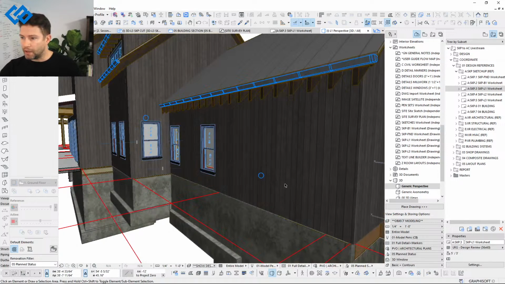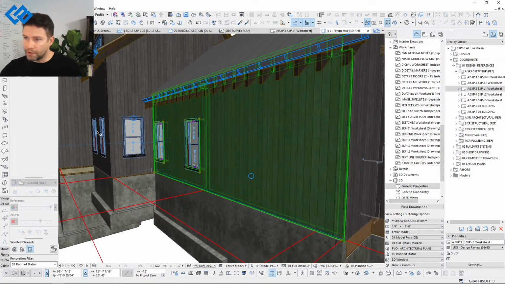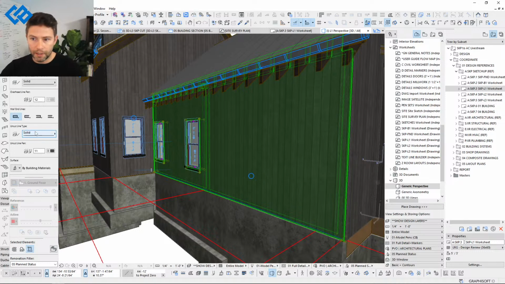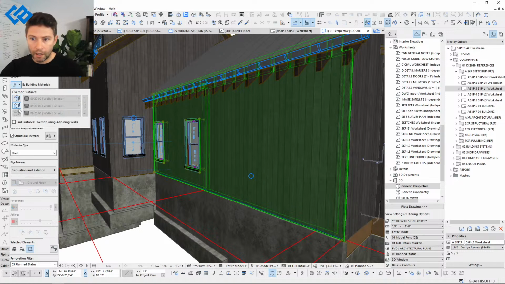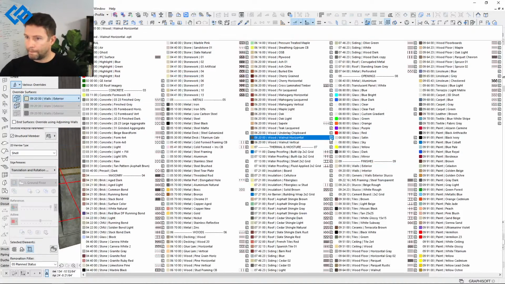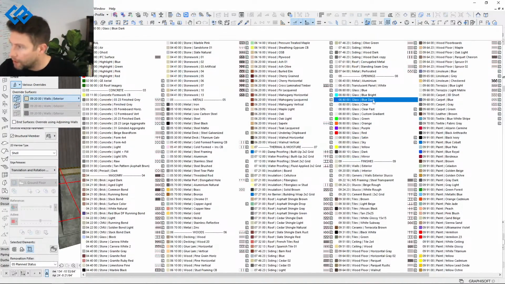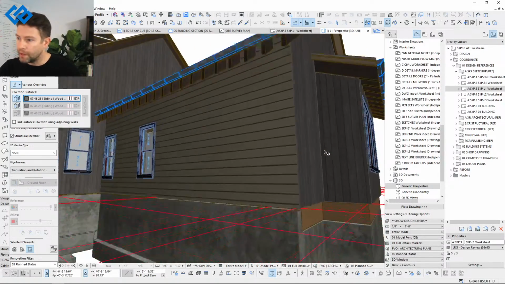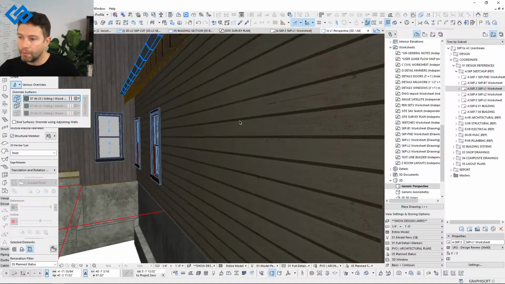I can switch this back over. I can grab this wall. I could either override it in the material, or in this particular case, that's actually a graphic, or that's a complex profile. Let's see, we can go in, we can find, where is it? There's our copy. So we can switch this over, and so that brought in the